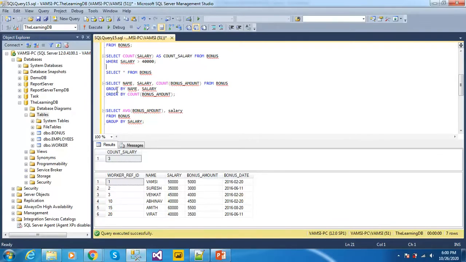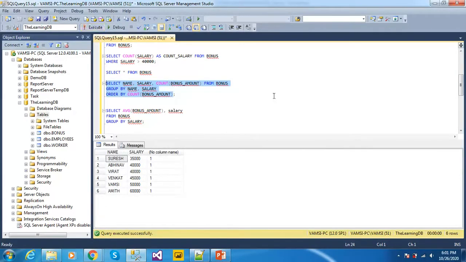I want GROUP BY with columns name and salary, and I have given ORDER BY with the count of column bonus amount. Let us execute this query. It displayed grouped by the name column and salary column, and it gave the count of the bonus amount.